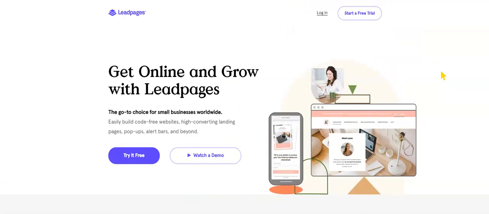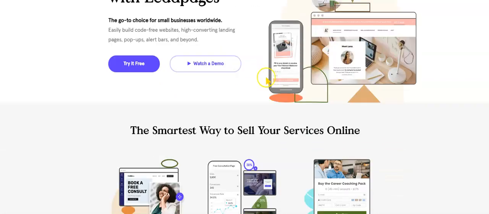Look at their landing pages and capture pages to get an idea of what they're doing, and then copycat that, but in your own words, in your own way. Be unique. Okay, so here's lead pages. You can look and see what they're doing